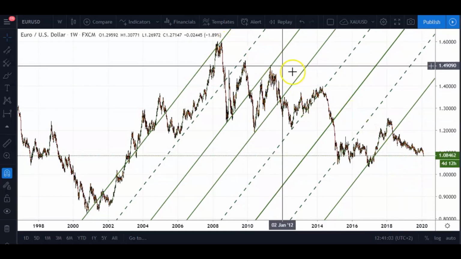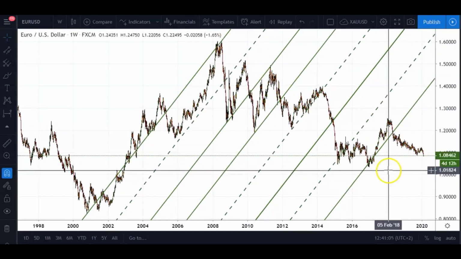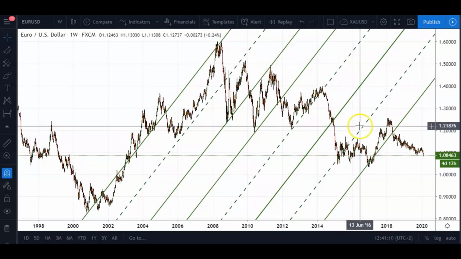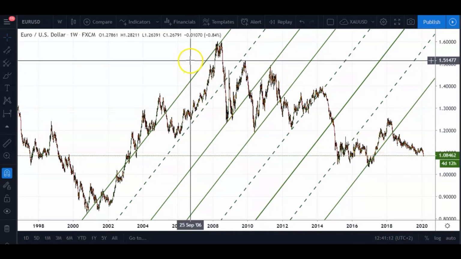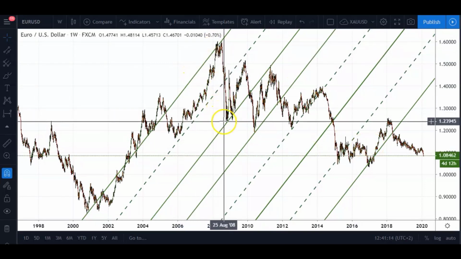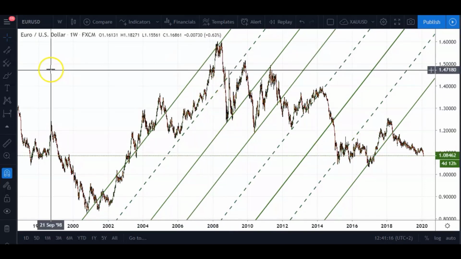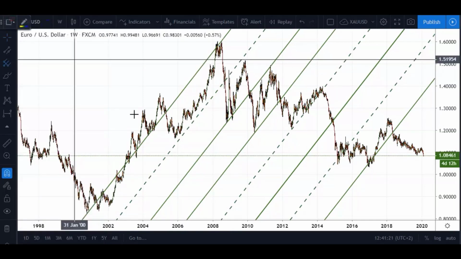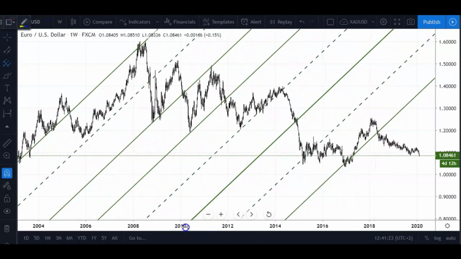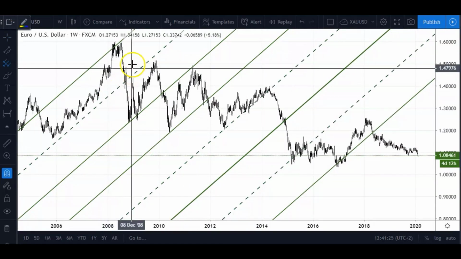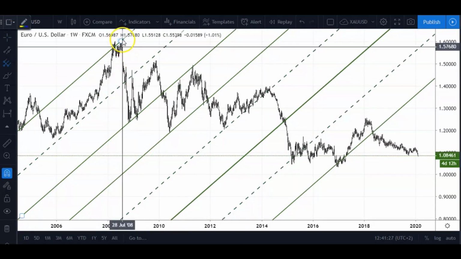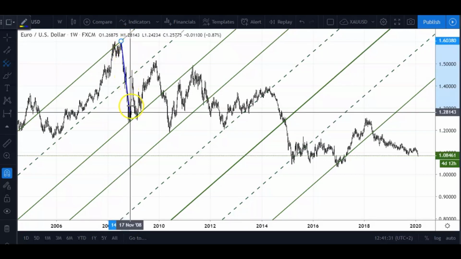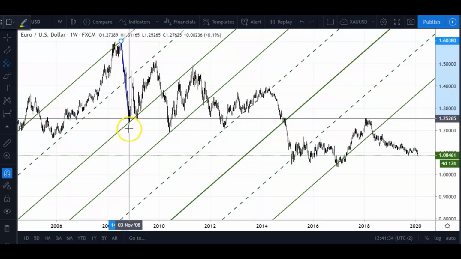But if I want to define this downtrend properly and give me a good idea at what angle or slope this market is moving in, then I can use my previous action-reaction lines to guide me and use them as pivots when I use my pitchfork. So let's quickly do that. Let's take my pitchfork. I just want to open this chart up a little bit, and if we use that high obviously as our first anchor point, because we want to slope the pitchfork downwards,